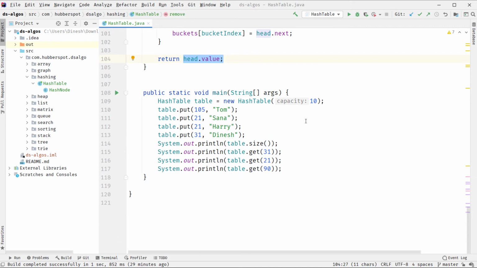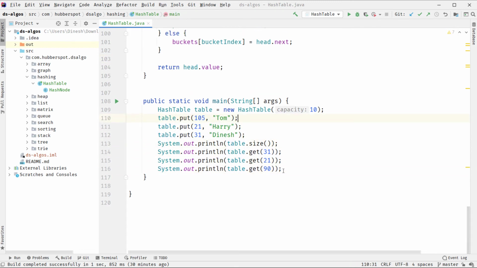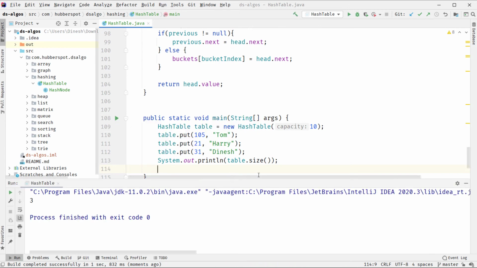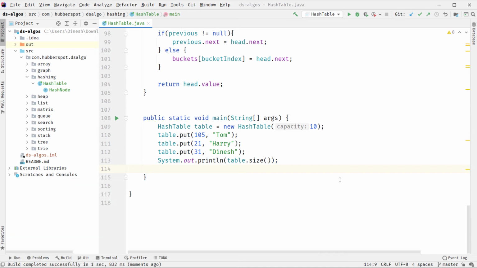So now let's test its working in the main method. So here you can see, let's suppose we have these 3 keys, 105, 21, 31. And if I run the code now, you will see size will come as 3, because there are 3 hash nodes or key value pairs.